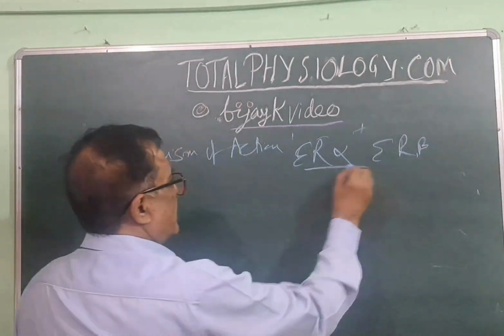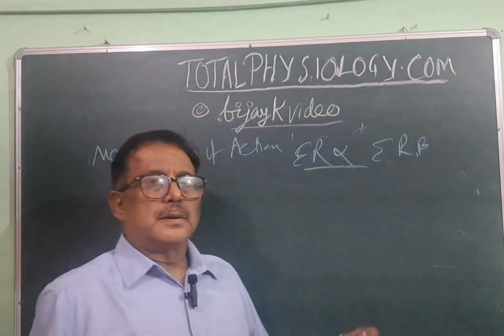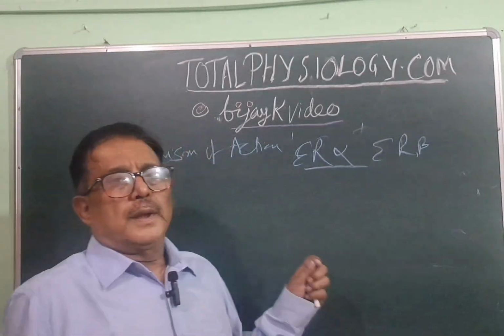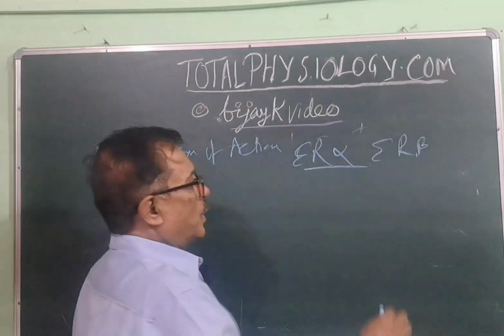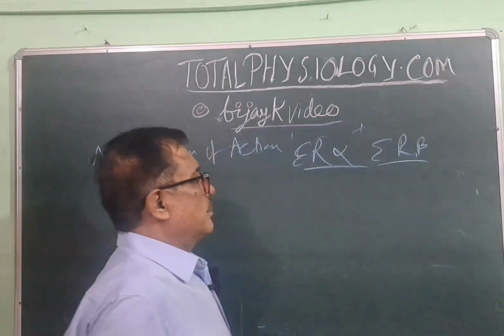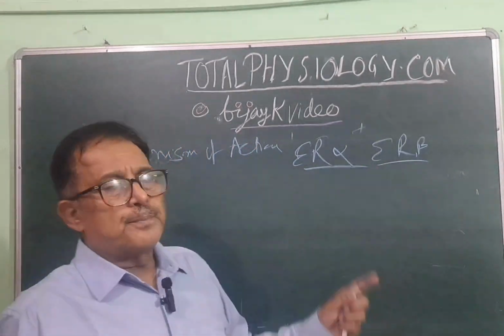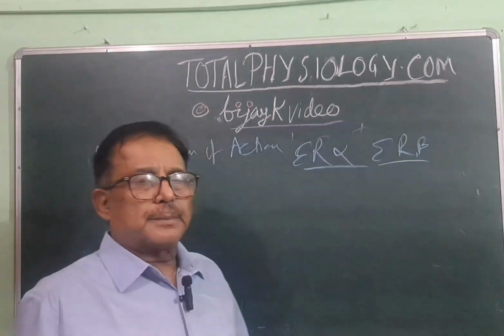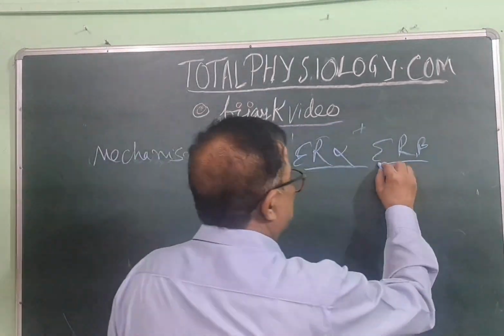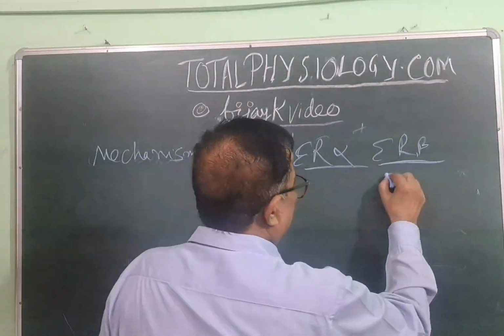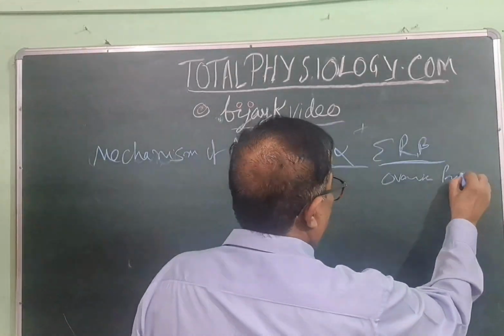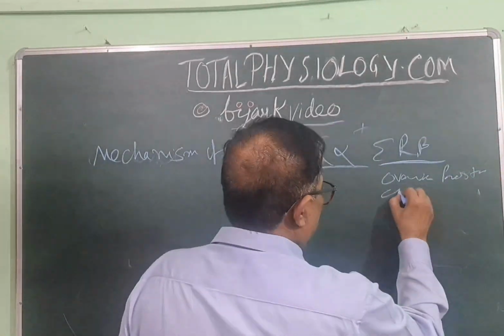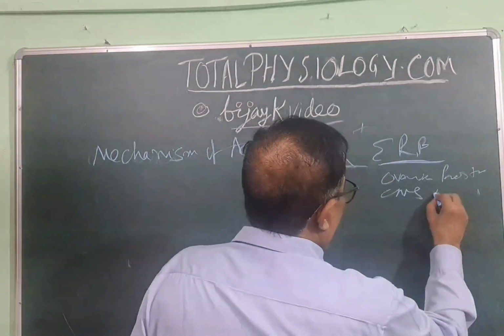Estrogen receptor alpha is present in uterus, mammary gland and pituitary gland, while estrogen beta receptors are present in ovaries, prostate, CNS